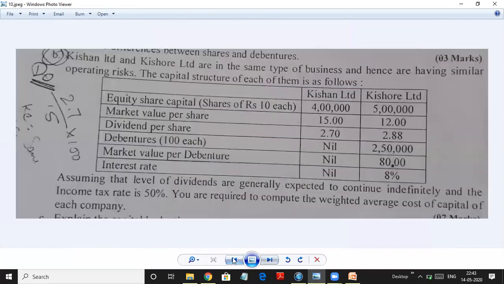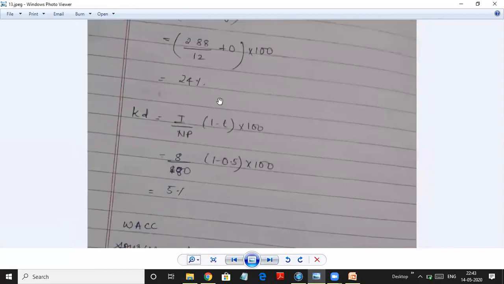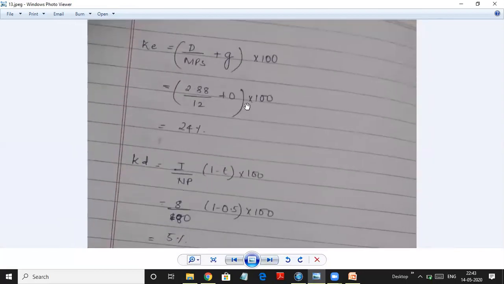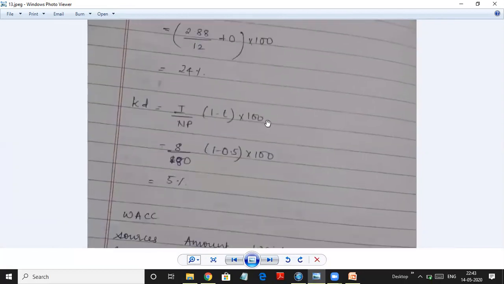He has equity and debt both. So we'll find the equity first. See here, dividend is 2.88. Market value is 12 rupees for equity. So 2.88 divided by 12, and growth rate is 0 because it's not given. So 2.88 divided by 12 plus 0, into 100, you get cost of equity 24%. Cost of debt,